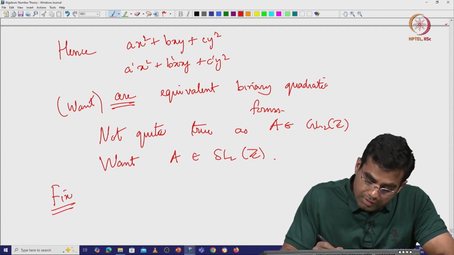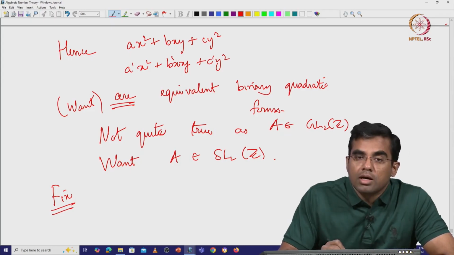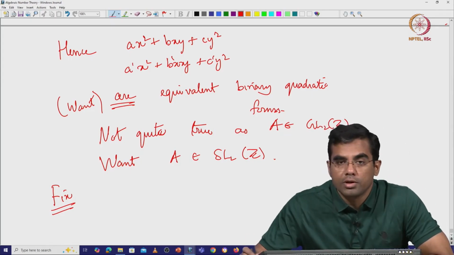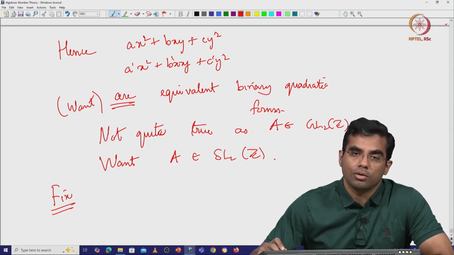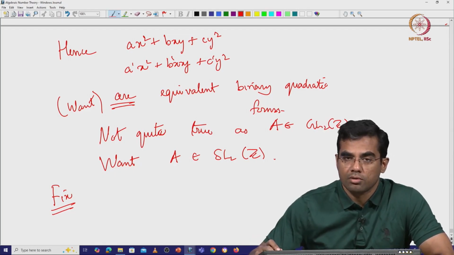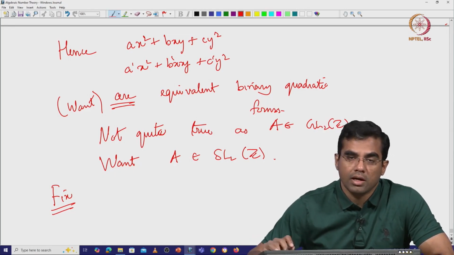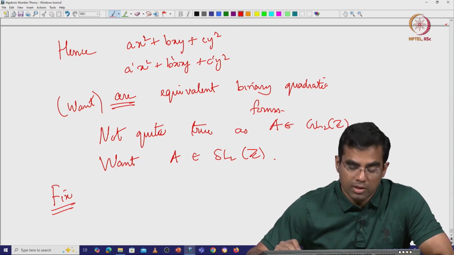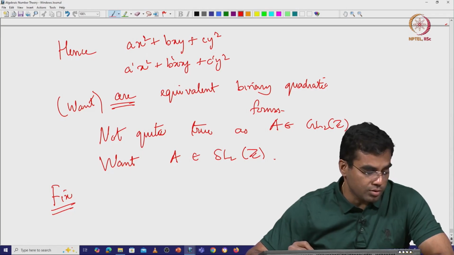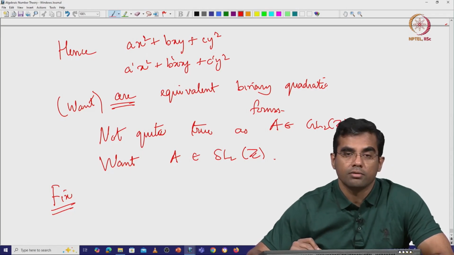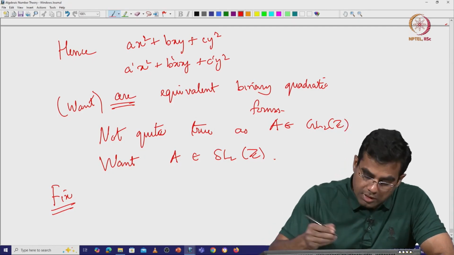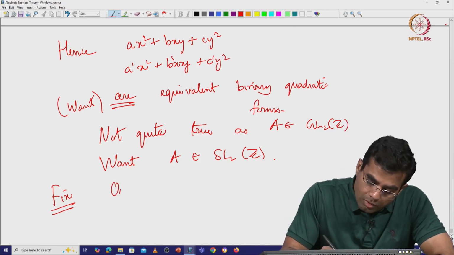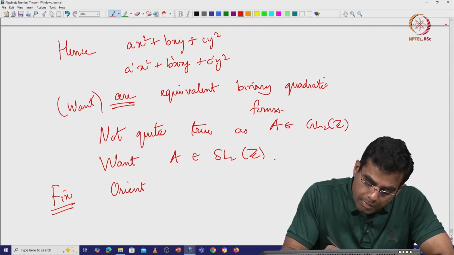Remember, up to now we did not use anything about imaginary quadratic fields, so everything I did up to now works for real quadratic fields as well. This is the first place where we use that we are working with imaginary quadratic fields, and it is very crucial. So what we do is orient our basis